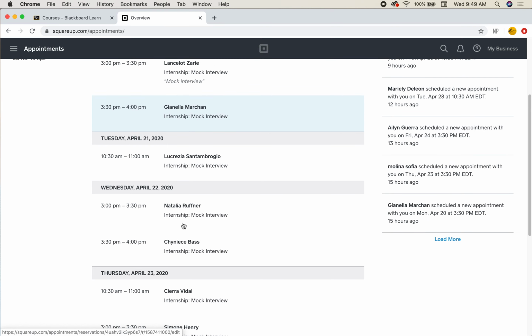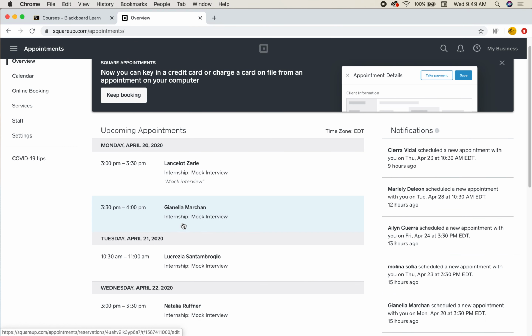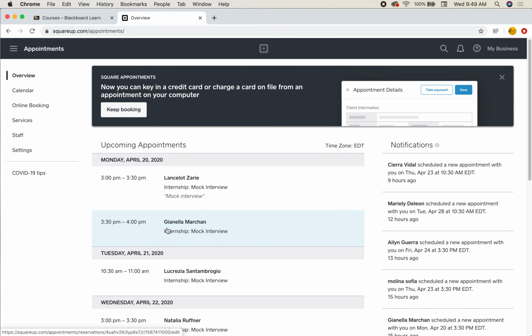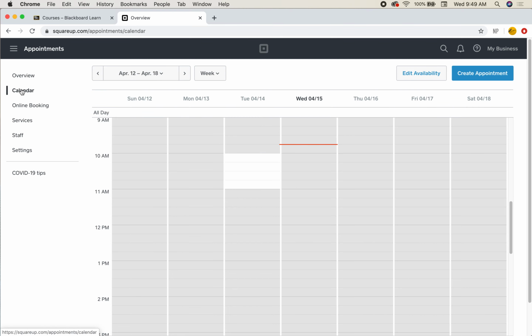If you have something like this in your classroom where you have to meet individually with your students for a project, then you can go ahead and also use Square Up. There are many different ways that we can use it, or different reasons for which we can use it. So when we go on this little panel to the left, we have some options. Below Overview, which is what we are looking at right now, where we're seeing everything that we have, I have something that says Calendar. I want to go ahead and select my calendar because this is what's going to let